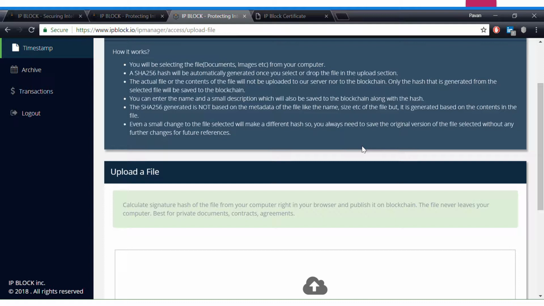This SHA-256 ID is as unique as a fingerprint. So no one can replicate it, no one can duplicate it. So every file which has a SHA-256 is unique. The next and the best point of IPBLOCK.io using blockchain is this: none of your content